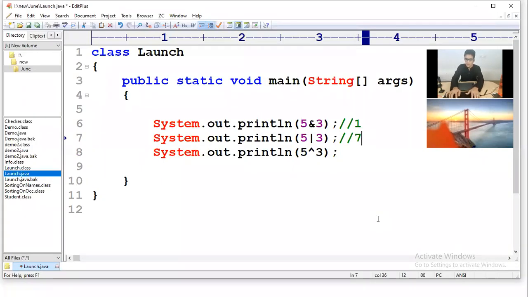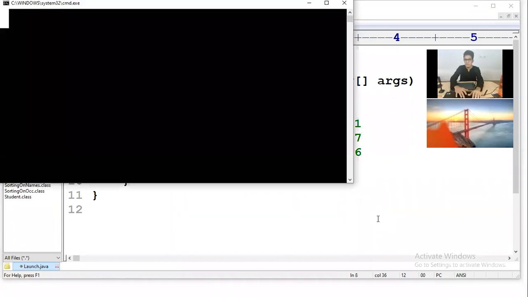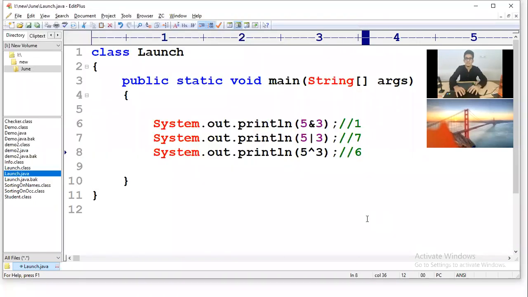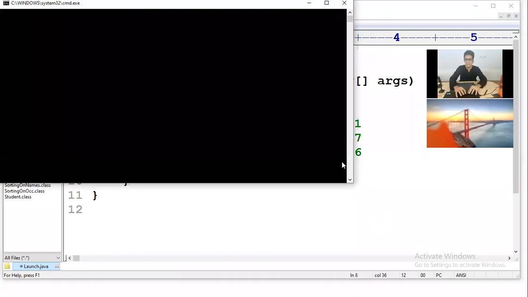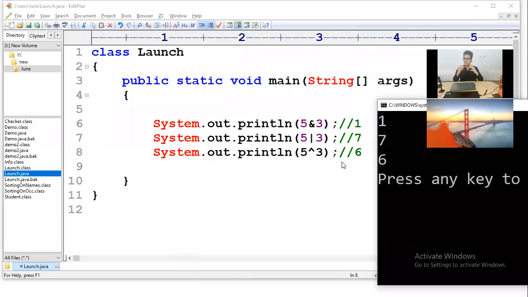And 5 XOR 3 should give us 6. This is what according to us. Let's see, I'll compile. And if I execute, let's see what is the output here. See, I hope you have understood, right? It is the same. So once you know how to evaluate these kinds of questions, it's easy for you.